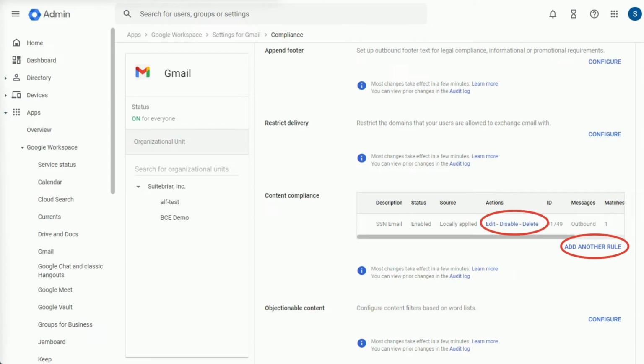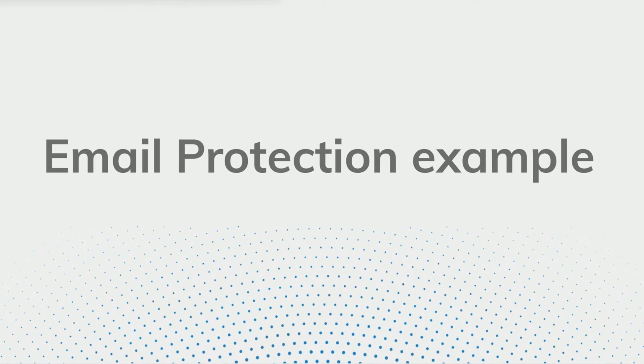Now you notice in the Content Compliance section, the new rule is actually listed. You have the ability to update the rule as desired, or if you need to create an additional rule, simply select Add Another Rule. In this section, we'll cover an example from the end user perspective of how DLP can